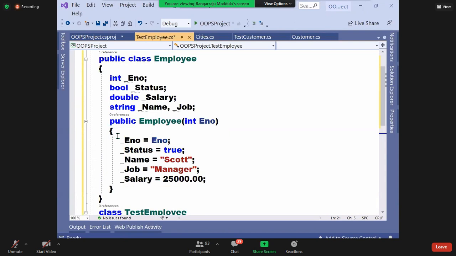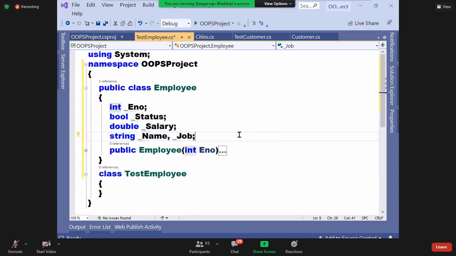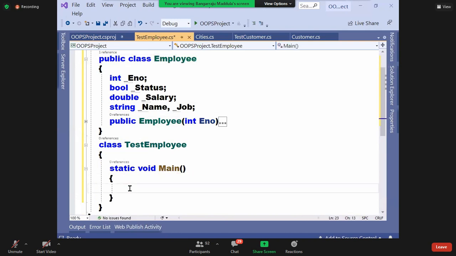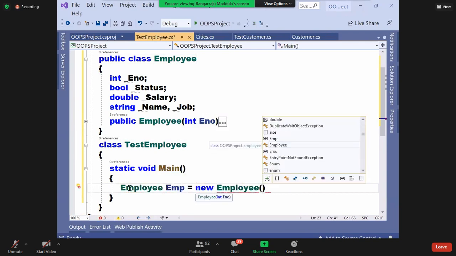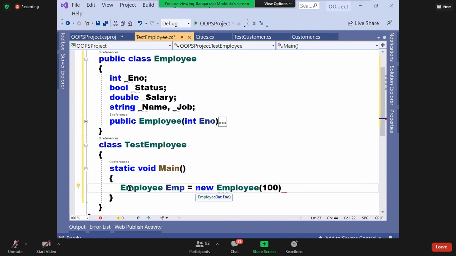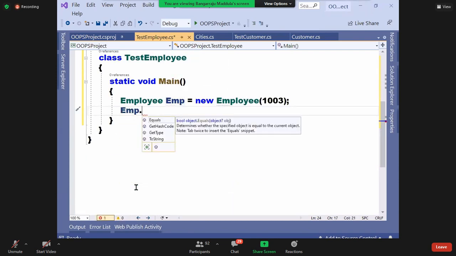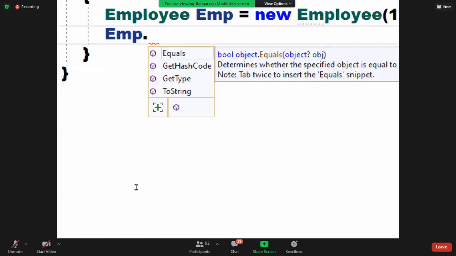But in the customer class, you defined properties. You did not define properties here still. But fields are there, constructor is there, everything we defined as it is like the customer class. Now also, come here. Static void main. Remember guys, the class employee is public, so I can create an instance here. Pass an employee number. But the problem repeats again. What is the problem? You're not able to access the members of the class. All are private members.